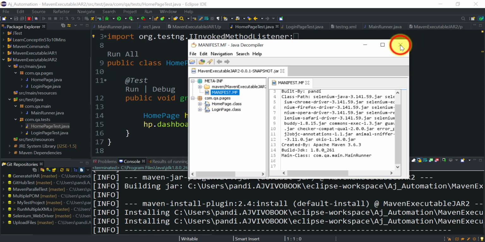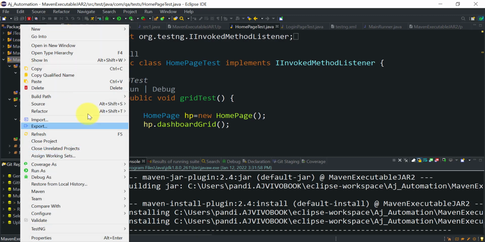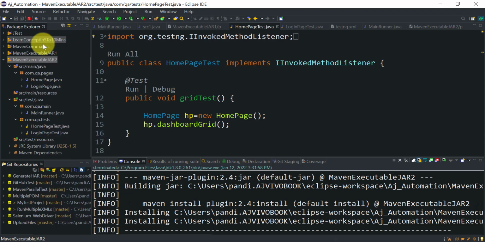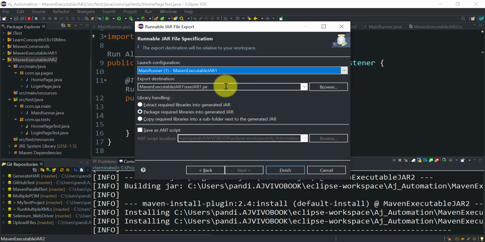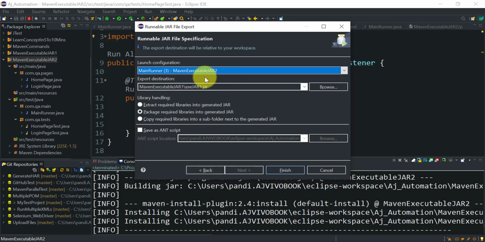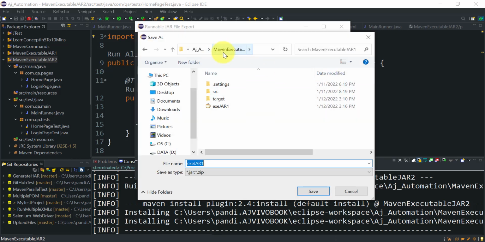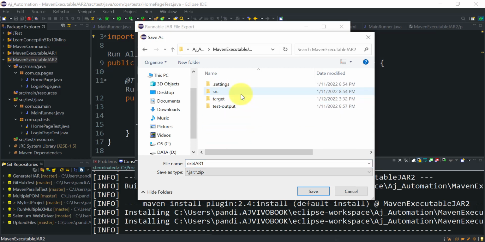So in this case we will use our second approach. We will export our maven project into the jar file, and then that will be the executable jar file we will be able to run from the command prompt. So just refresh the project once, and then use the same export, select this runnable jar. This time select the maven project, the second maven project, right? So for this project we are creating the runnable jar, and the export location is the project location itself. So I will select this one, and this should be the file name, no problem, and click on save.